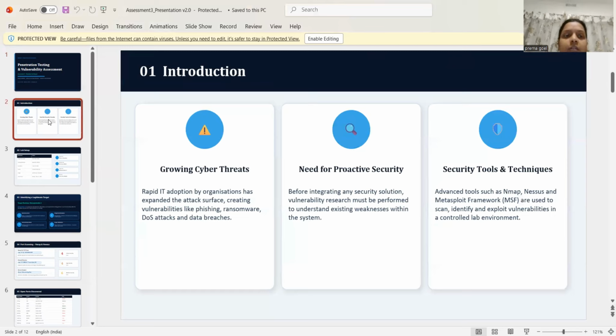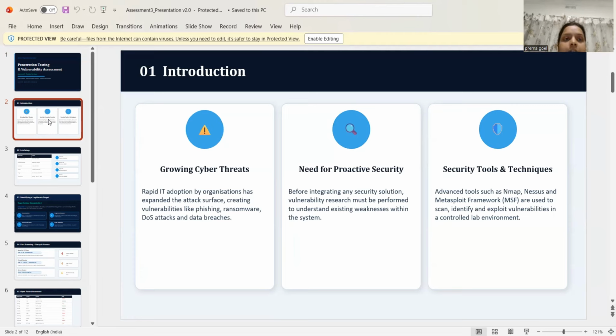Which is introduction. First, nowadays cyber threats are increasing because many organizations use digital systems. This creates more chances for attacks like phishing, ransomware, denial of service attacks, and data breaches. That is why vulnerability assessment is important. It helps us find weaknesses before hackers do. So, to improve security, organizations use advanced security tools these days to scan systems, identify risks, and test vulnerabilities in